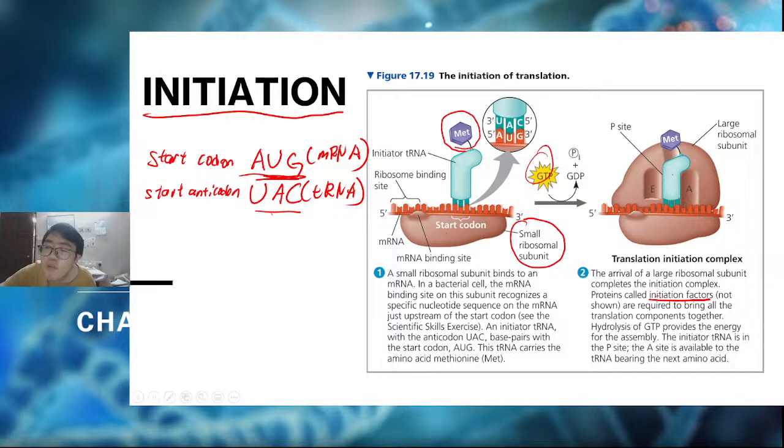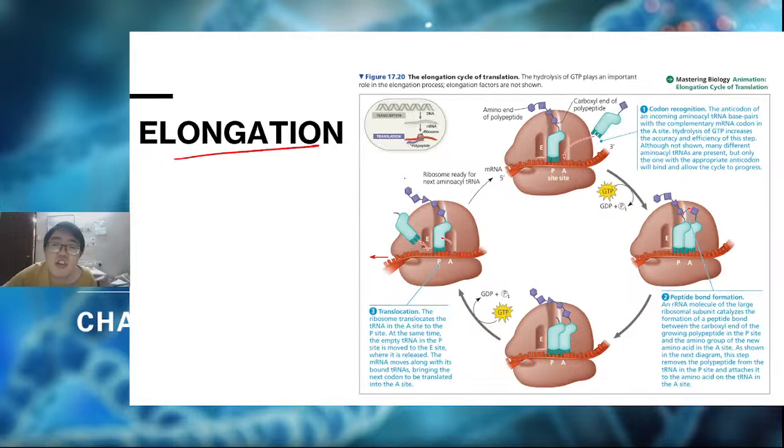And the A site is ready for other types of tRNA, which will be discussed in the elongation process. So after the large ribosome unit is attached, and the initial activated tRNA is already bound to the P site, then the initiation process is done. Already done. Okay, next I will proceed to the elongation process. So the elongation process involves 3 main steps. So firstly, the P site, if you want to know, P site is for peptidyl